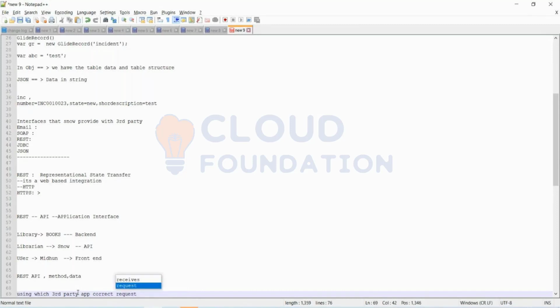So using REST API methods, the third party app will connect, right? Even to call an API, I need to know the method that I need to send in as a request. Let's suppose you're the API and I'm a third party app. There has to be a specific way to address you. See how I identify you with your name, right?